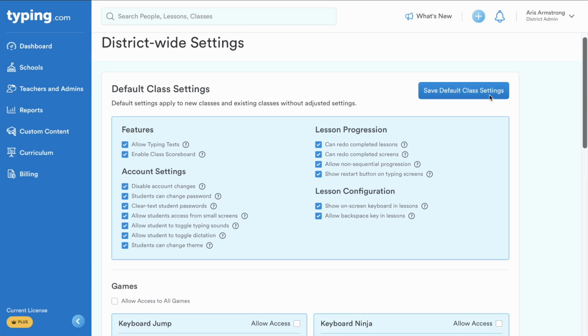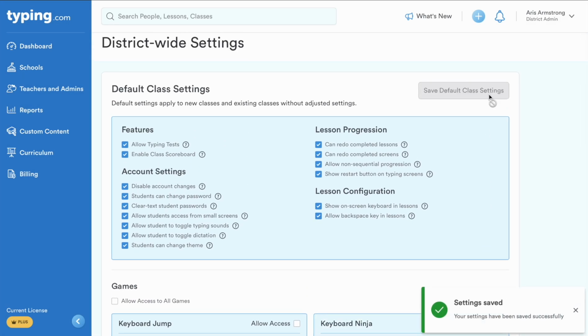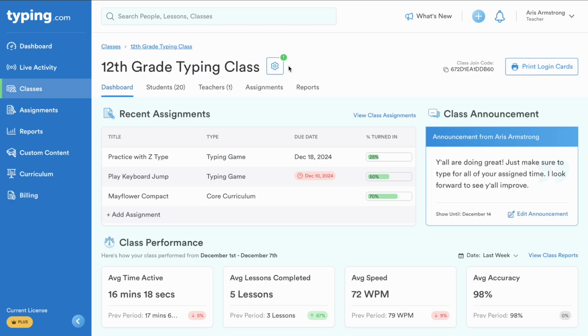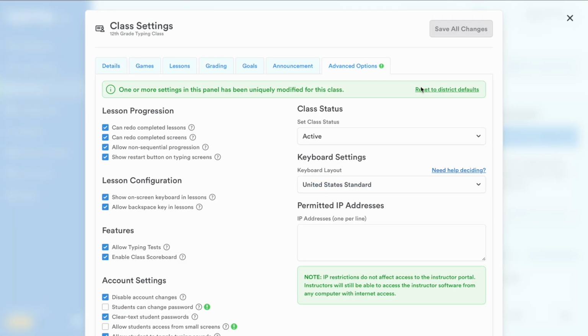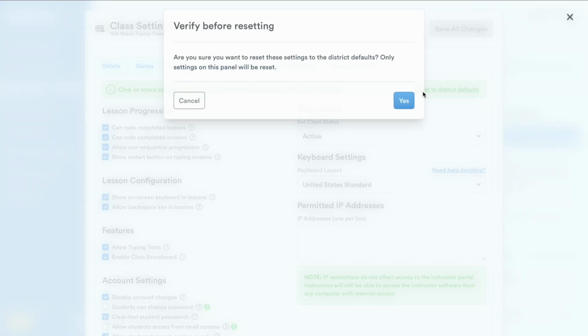Once you've adjusted the settings, click the blue Save button. These settings are now the default for all new classes and current classes without custom settings in your school or district. Now, what will teachers see on their end? If a teacher adjusts the default settings for a class, a green icon will indicate it does not match the school or district defaults. In class settings, teachers can click Reset to District or School Default Settings to revert to